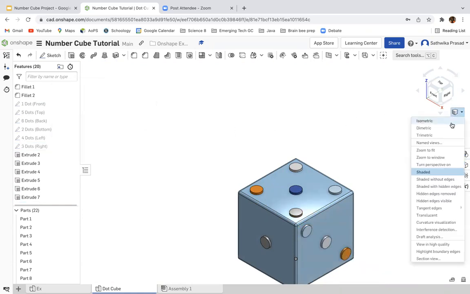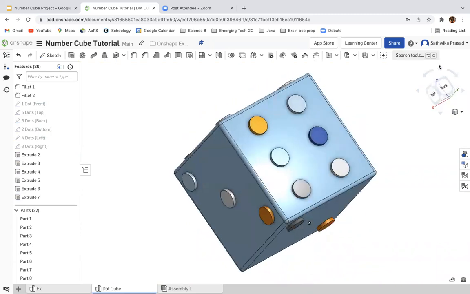Okay, now that we've extruded all of the sides,